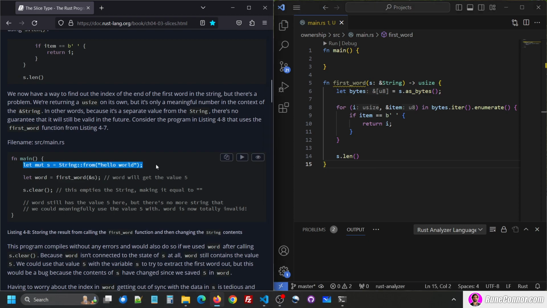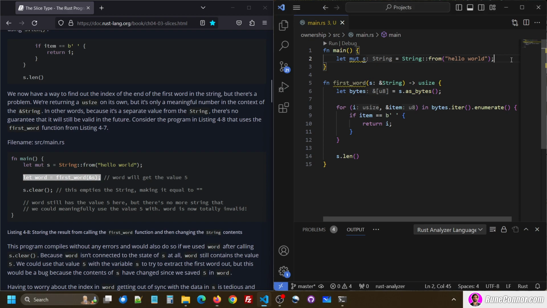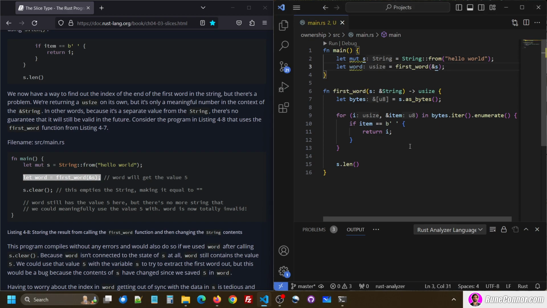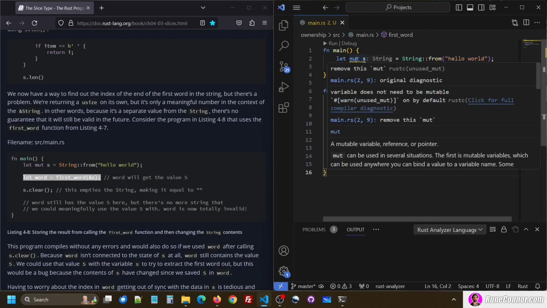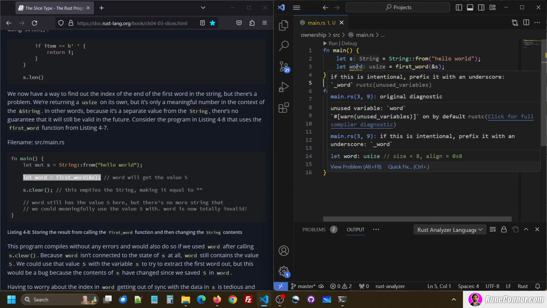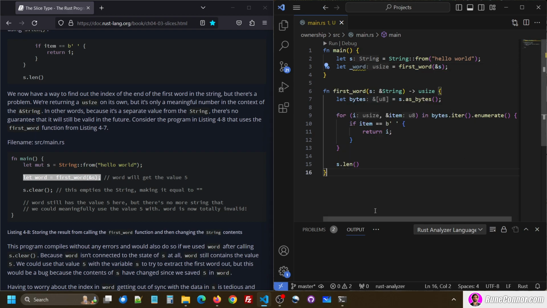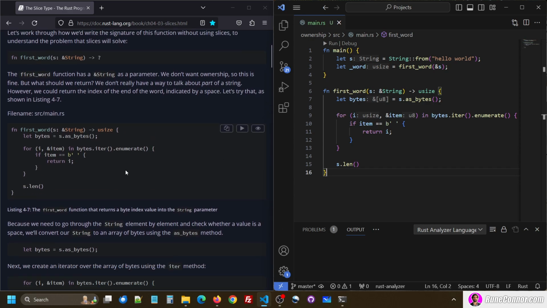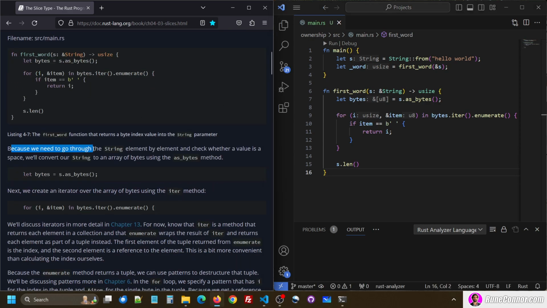Let's get this code. And let word equal first_word(&s). Remove this mut. It does not need to be mutable. Fine. Sure. Intentional, never used code. Okay, so because we need to go through this string element by element and check whether a value is a space,